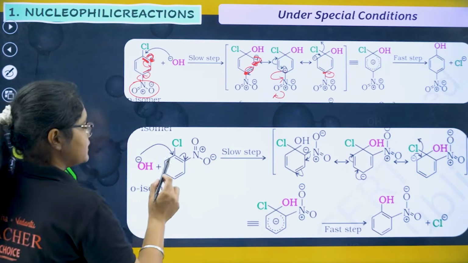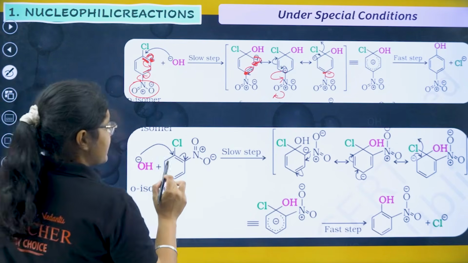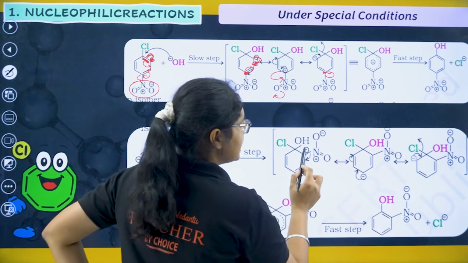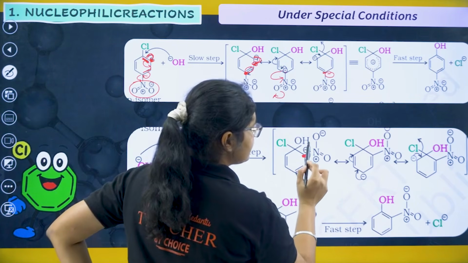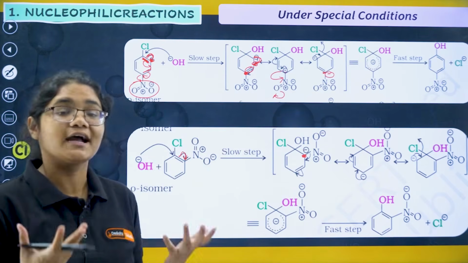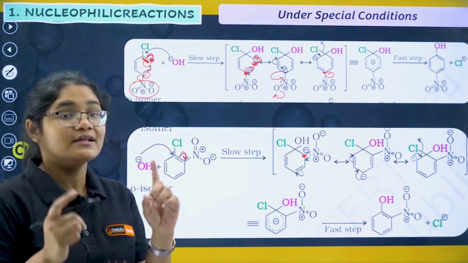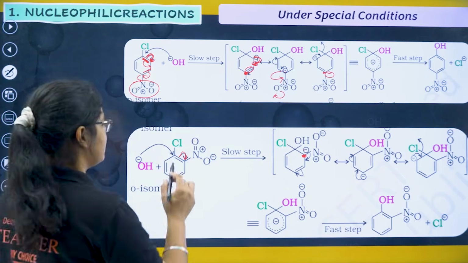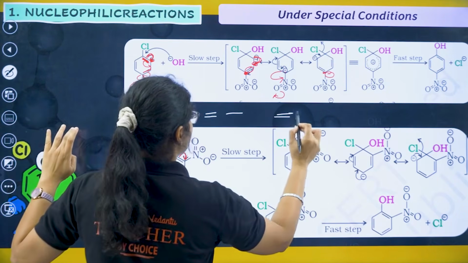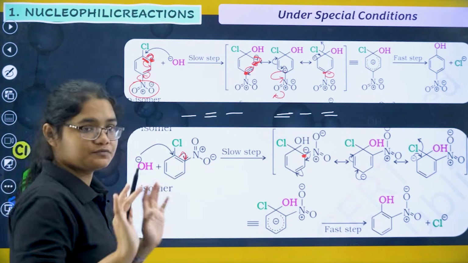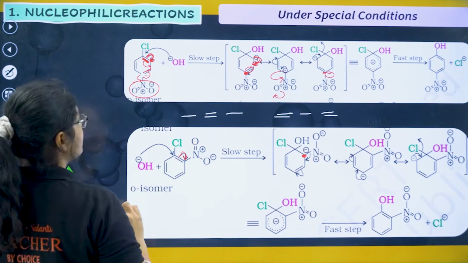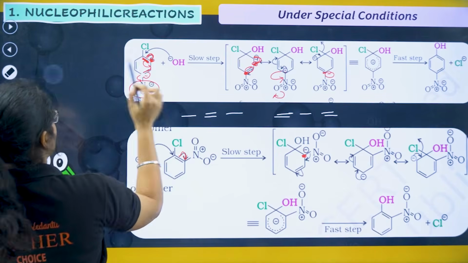Now what happens when it is present at the ortho position? Again these electrons come to this carbon, then from this carbon the electrons can go to NO2. So when will these electrons move? You know what the condition for resonance is? You need to have single bond, double bond, single bond, or double bond, single bond, double bond. Whenever you have this type of condition, then electrons will move. So now you see when these electrons have come here, I'll just erase.